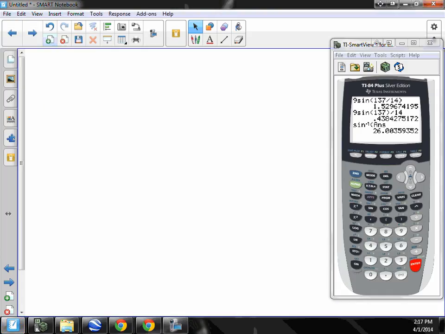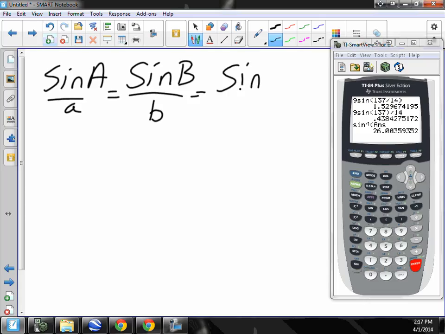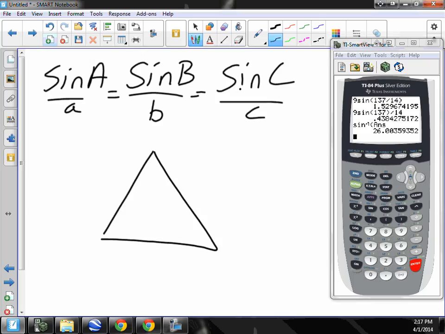So let's review really quickly the law of sines. The sine of A over a equals the sine of B over b, or if you wanted to, it also equals the sine of C over c. So if I have a triangle,